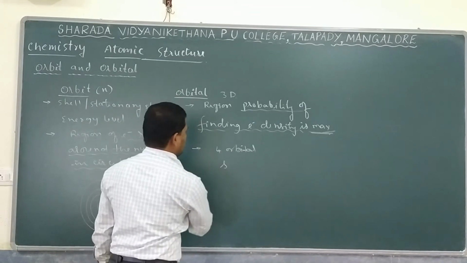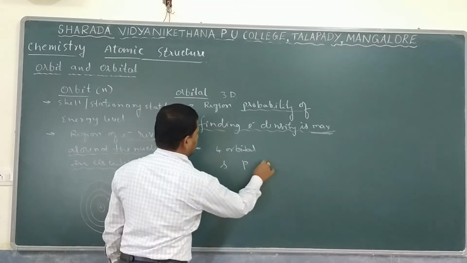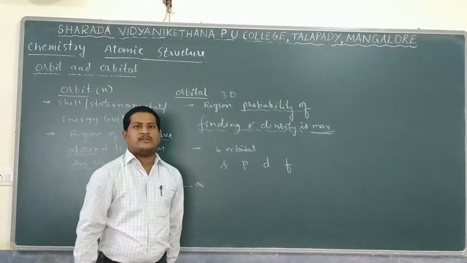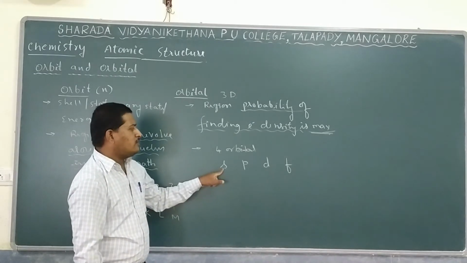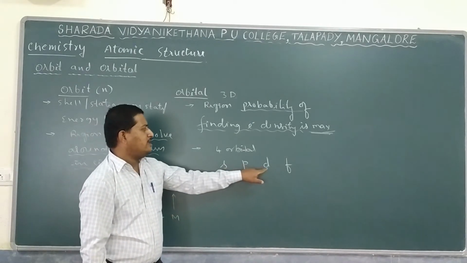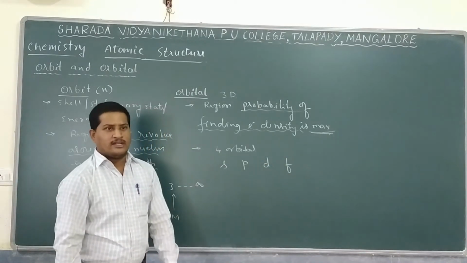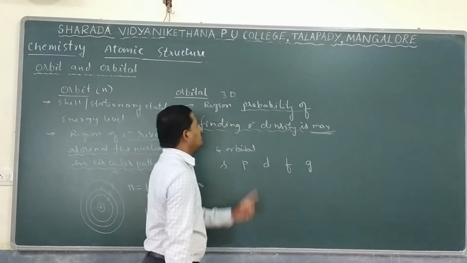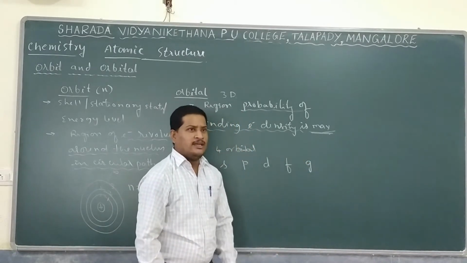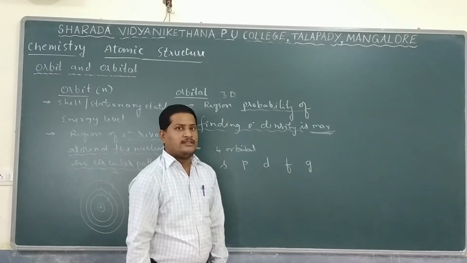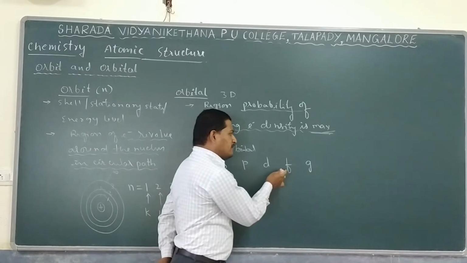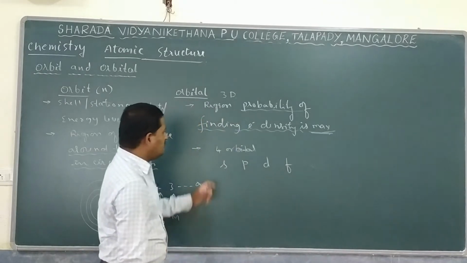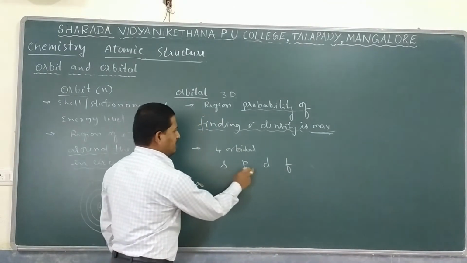They are the S orbital, next P orbital, next D orbital, after that one more, F orbital. These are the symbols for some spectroscopic terms. S stands for sharp, P stands for principal, D stands for diffuse, F stands for fundamental. But scientists are giving one more symbol, one more orbital, that is G. G stands for grand. But for the atom with atomic number 118, the electrons maximum occupy F, and G is not observed, but space is there. So far we use these 4 types of orbitals: S, P, D and F.